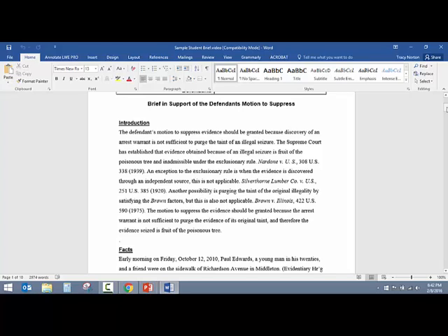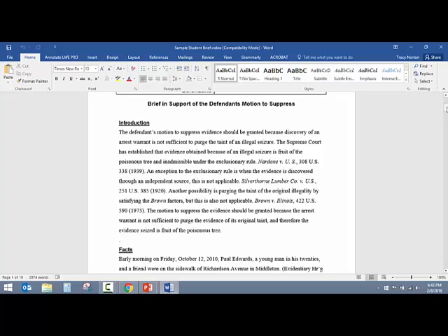And then the rest of that sentence is fine. As far as defendant, if you say the defendant, then you're going to have a lowercase d. If you use defendant as a substitute for a name and you don't use the with it, then you're going to have a capital D. So capital D when you're using it as a name, lowercase d when you're referring to it as the label. So, the defendant's motion to suppress evidence should be granted because discovery of an arrest warrant